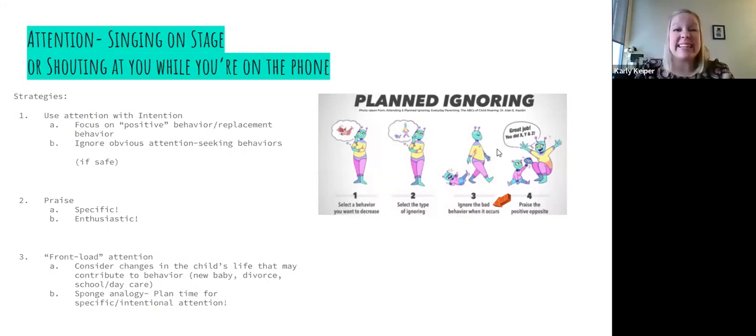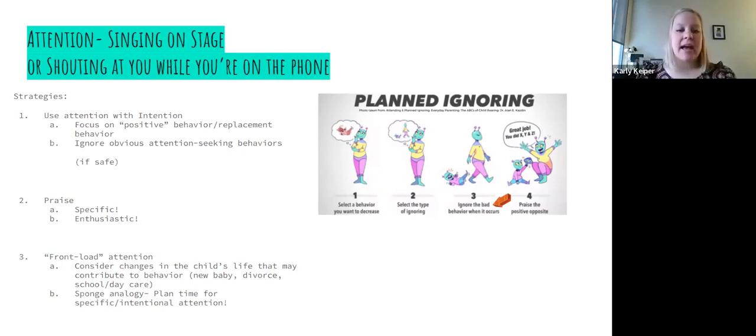She's going to really sit down and be with her child when they're showing the replacement behavior, that positive behavior that's coming. I'm going to assume that this mom is also praising her child a lot. So, wow, you did such a great job, doing this, doing that, right? And she's being very specific about it. She also looks excited, so she's doing it in a way that also excites the child. And if they want attention and they learn that they can get it in positive ways, we're going to repeat those behaviors, the replacement behaviors, because they know it gets them what they need, attention, in a fun, positive way.